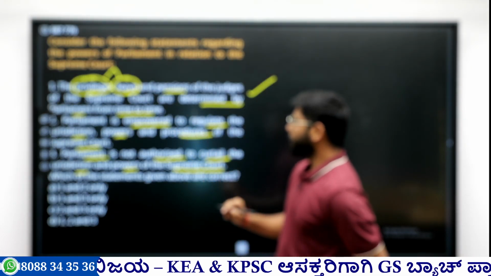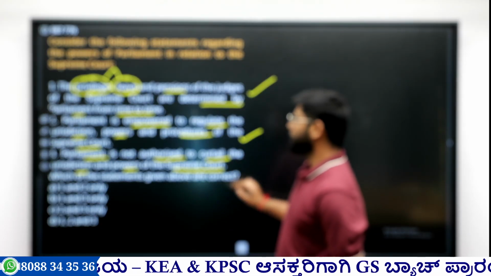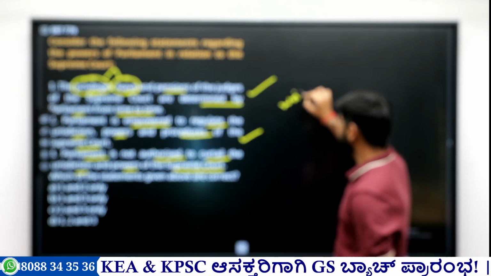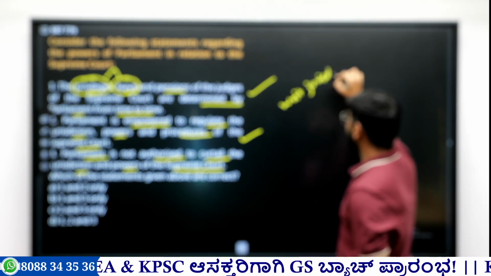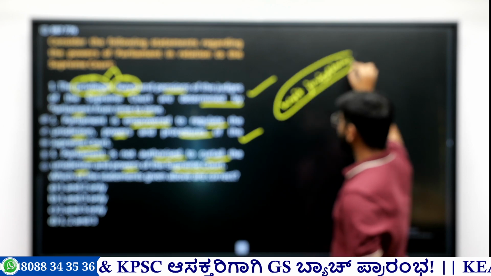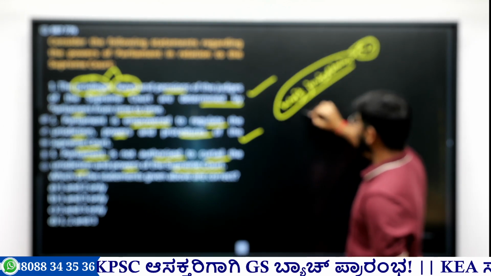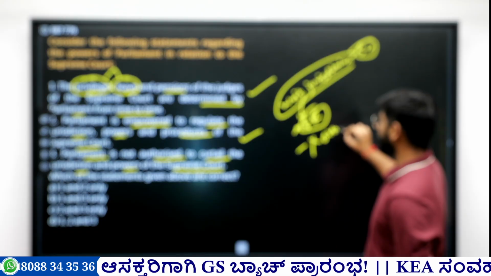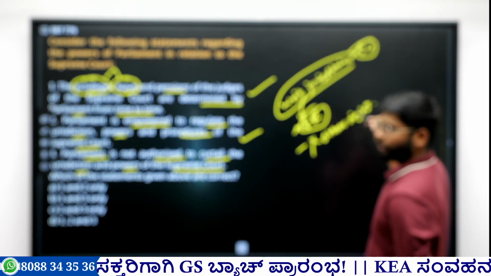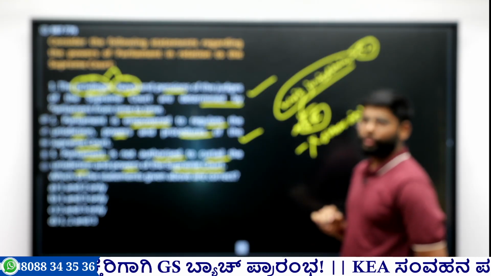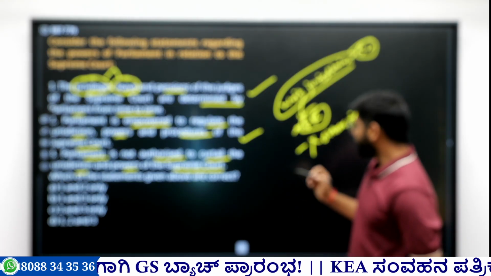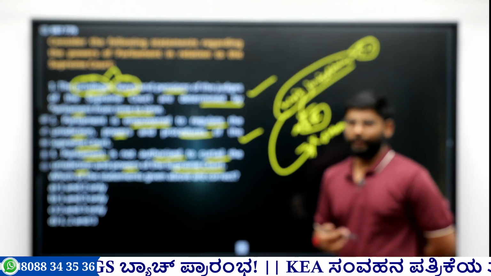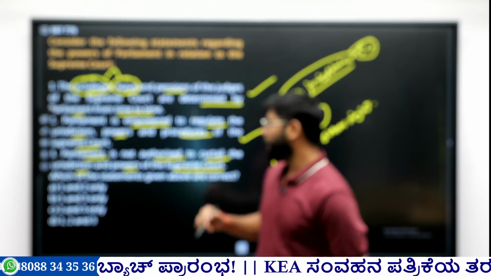Then Parliament is empowered to regulate the jurisdiction, power and procedure of the Supreme Court. Yes, this is also correct. Jurisdiction means what? Take the example of writ jurisdiction. The writ jurisdiction of the Supreme Court extends only to fundamental rights and not to other rights, which might be constitutional rights or legal rights. So Parliament, by law, can extend this writ jurisdiction to other rights, legal rights and constitutional rights. That is why Parliament will determine the jurisdiction.